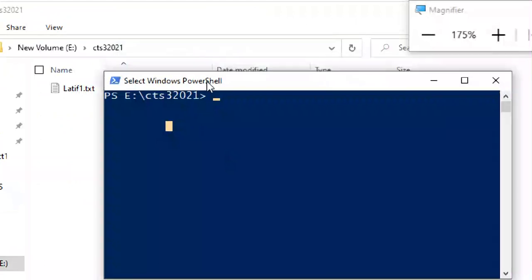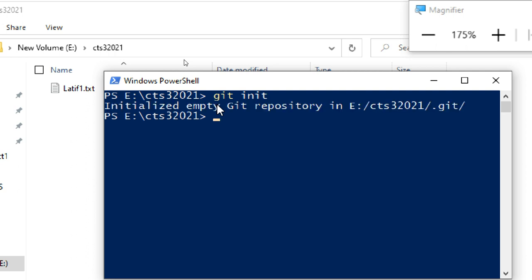Now I'm going to my CMD. I have one file only, right? So I put git init, for initiating. What happened? It created an empty repository. You can see I created an empty repository.